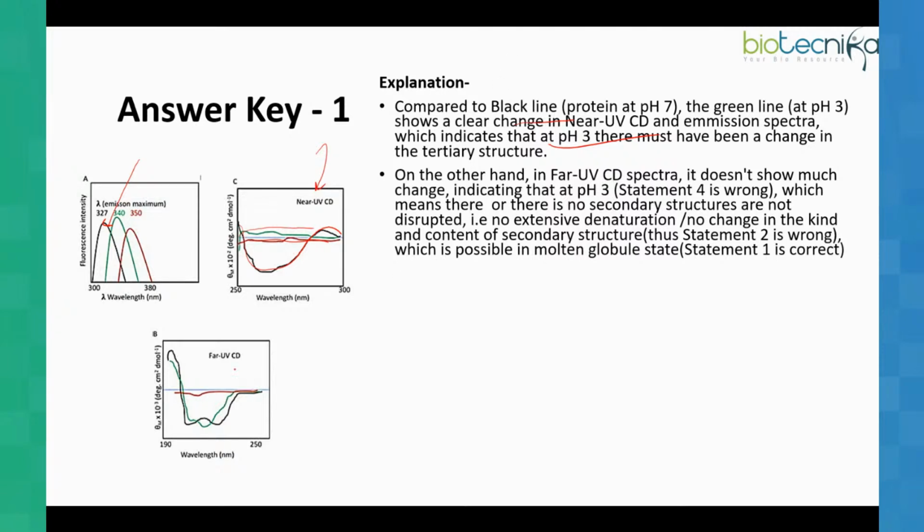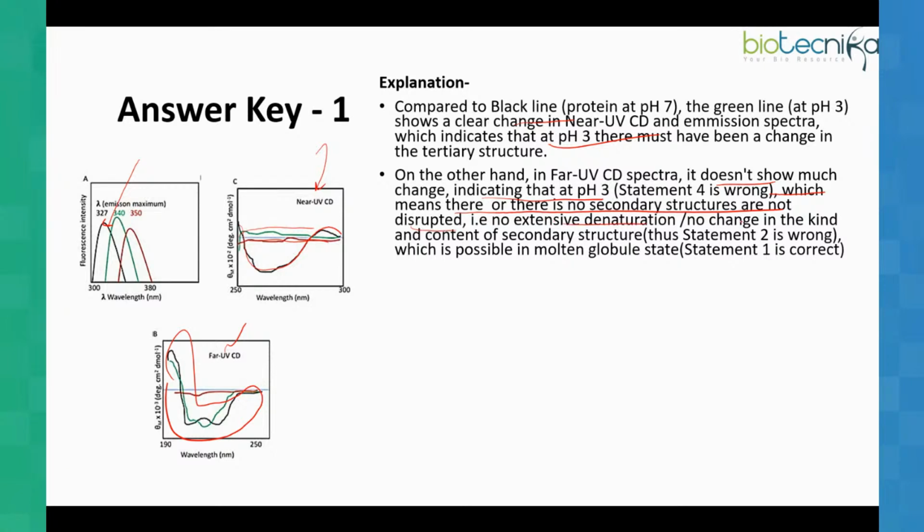On the other hand, if you check the far UV CD spectra, it doesn't show much change. The green and black lines are not showing much change,